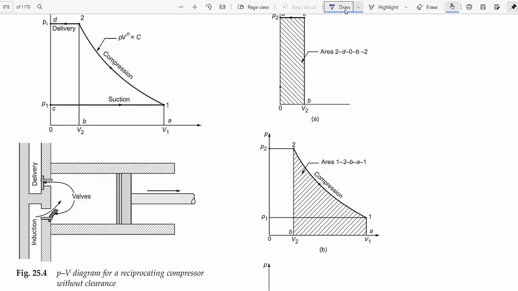Clearance means we don't do that: the top of the piston is merged with the top plane of the cylinder. From that position alone, the first stroke is suction. The piston moves gradually from the top plane to the bottom, and when it reaches the bottom and the cylinder is full of air, the inlet valve is closed and the exit valve is closed. Then the compressor starts the compression action, and from 1 to